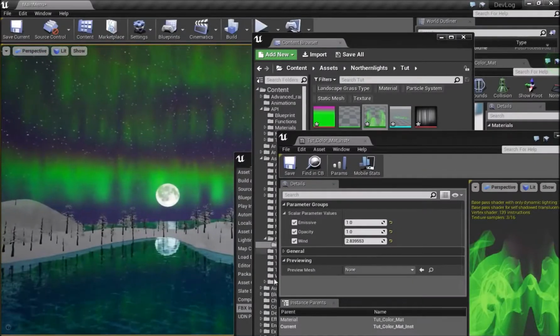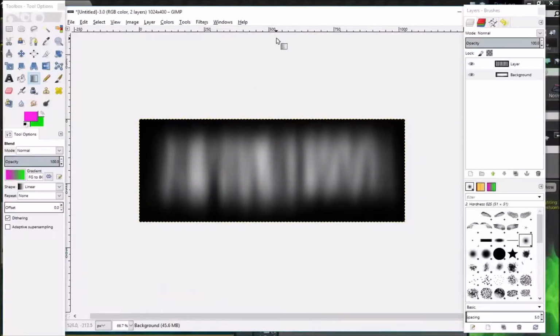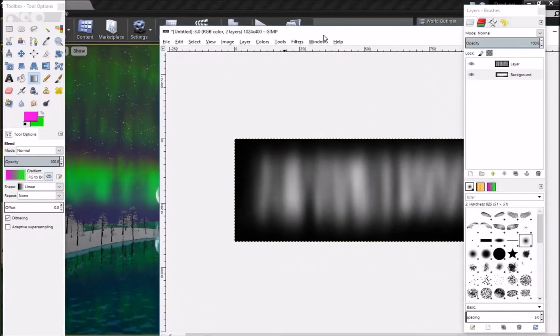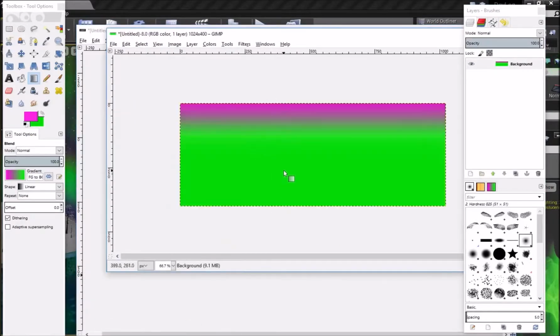Now the textures that we made inside Gimp will really determine the look, because the plane itself is not doing much. What's really affecting the actual thing is this texture down here. So any variation to this texture or to the color texture would make a lot of difference. For example, if I was to take the purple a lot lower, like let's say about here,